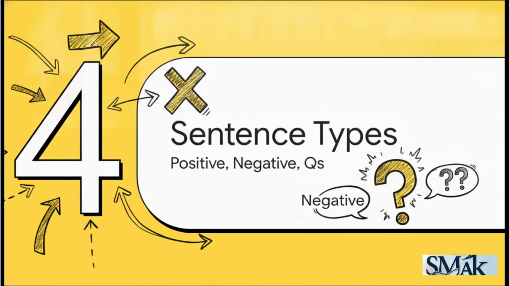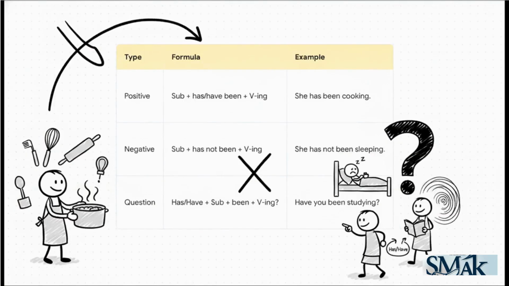Next up is section 4, sentence types. We're going to quickly look at positive, negative, and question formats. Now, check out how simply dropping a not into the middle of the phrase, or just flipping the helping verb to the very front, completely transforms the entire function of your sentence. To make it negative, that not just sneaks right in between has and been, giving us she has not been